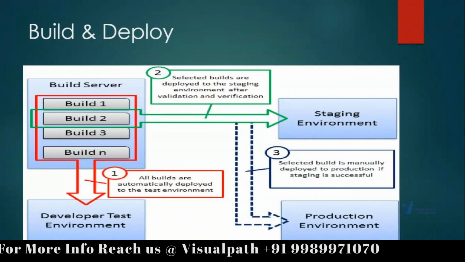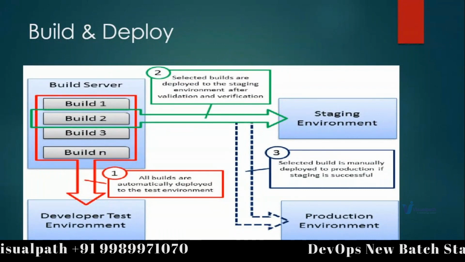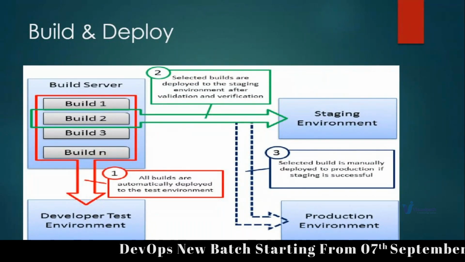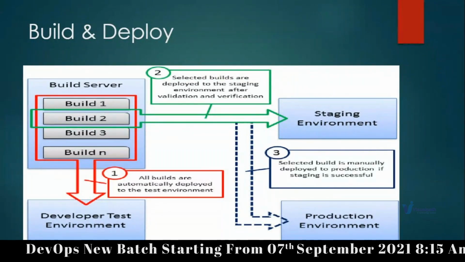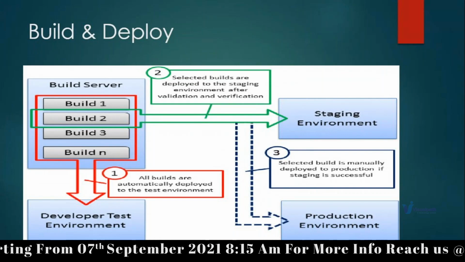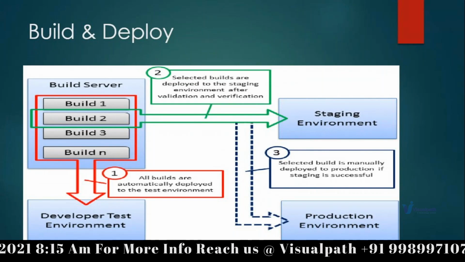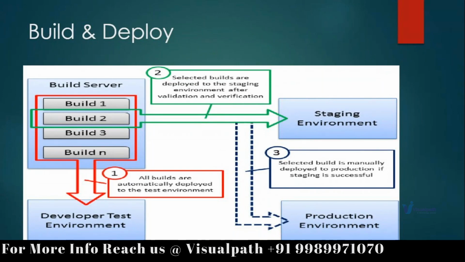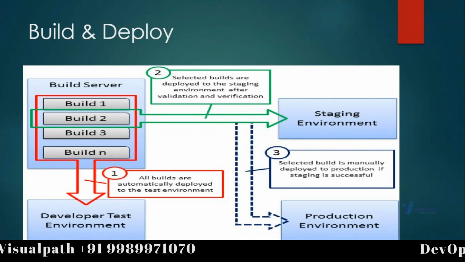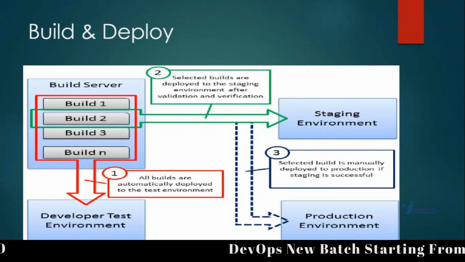While this is happening, guys, let's understand a few more processes. There is a process called build and deploy. When the developers are creating the software from the code, they're going to create the product. That is called build. Build basically means from code to product, code to software, right? While they're writing the code, they may build it multiple times and test it in their local environment, and once a build is good to go, they'll promote that build to a staging environment.